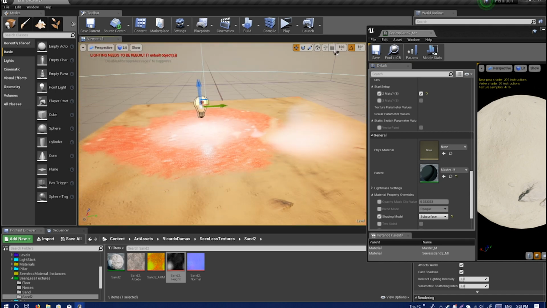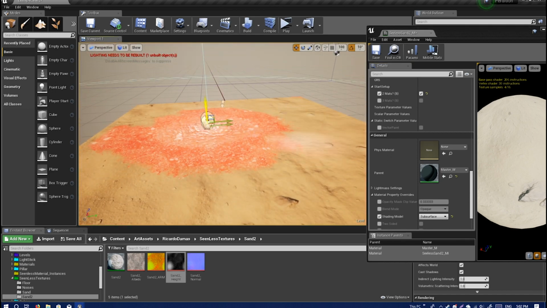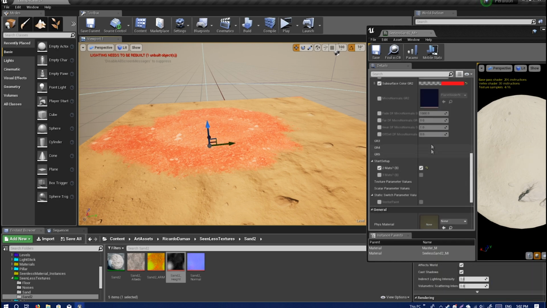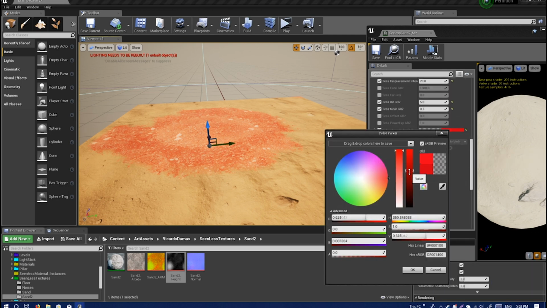Basically what this does, as you can see, is if there is a light under it, it will kind of shine through. And this is the color of the light that will shine through. So if I put like, I don't know, a brown,